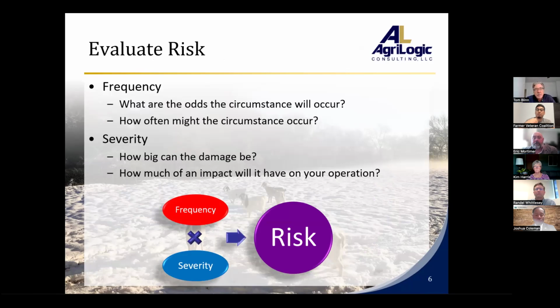Is this something that's likely to happen every year? Is it once a decade? And then assess how impactful that risk will be. Is it something that could really end your operation, or a minor impact to your operation?